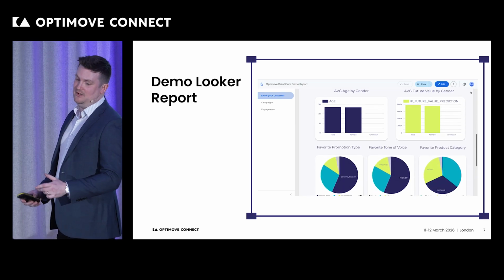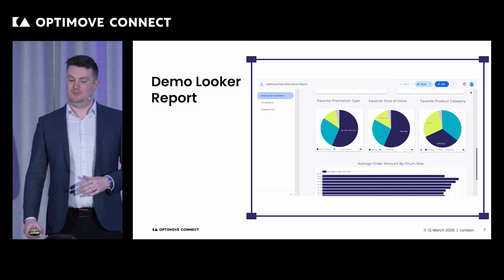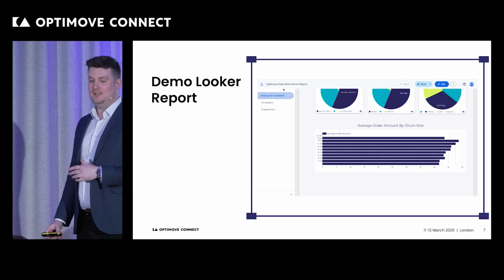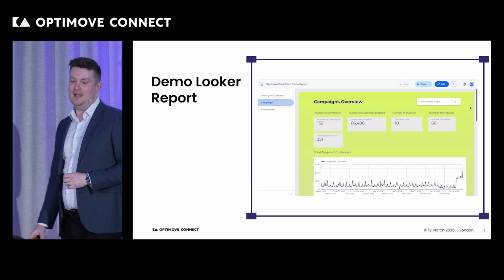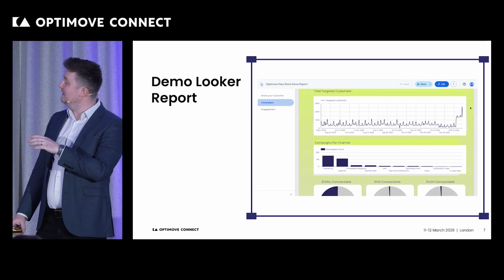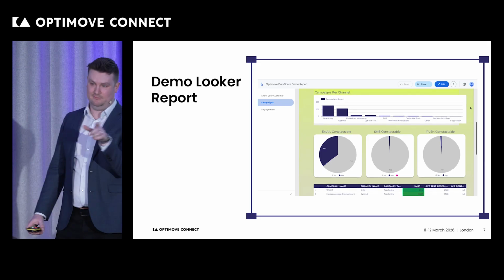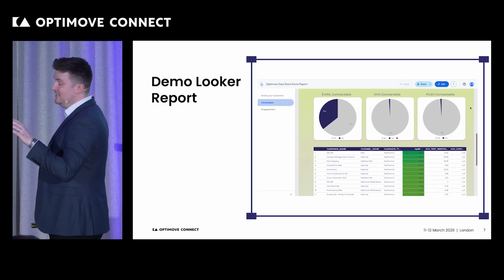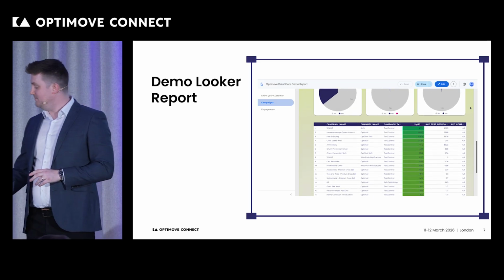Ben built this himself. And he is not a coder or developer in any way, but he was able to produce this Looker dashboard just with a little bit of AI assistance from ChatGPT. Actually, Claude, sorry, in this case. He was using a custom Claude skill that prepared the data in the layer that required to plug into Looker. And for those of you who know Looker, it's a lot of drag and drop stuff once you get it to this point.